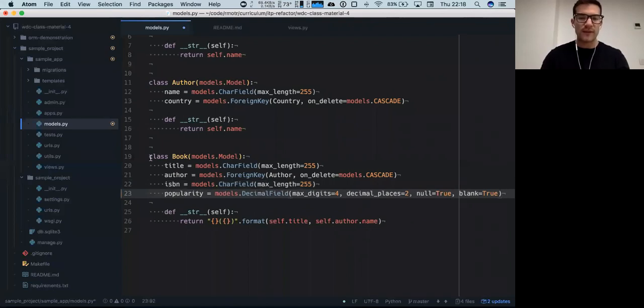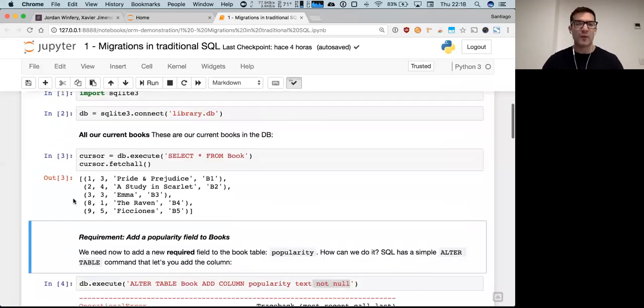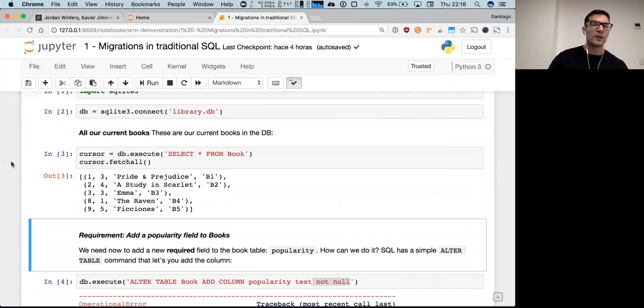You will create this field, and you will say there's a popularity field, which is a decimal field. It's going to have 4 digits at most, 2 decimal places. It's going to be null true and blank true. Right? You are making it nullable first because we will employ the same technique as the one we were simulating with SQLite. We will make it first nullable, we will backfill the previous popularity fields, and then we will change it back to not null, sorry, and it will work in